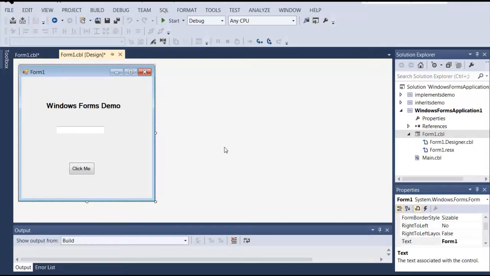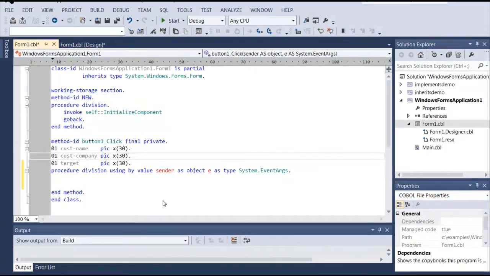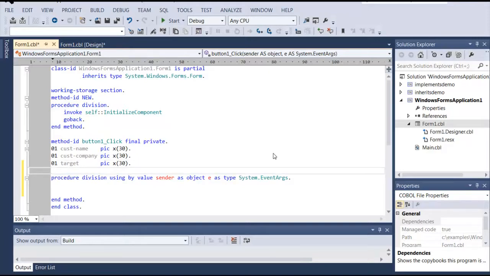Okay, so we have a managed .NET Windows Forms application. First thing we'll demonstrate is Intellisense. We'll go into our code behind class, and the button one click method. Intellisense helps us complete statements by showing us what classes and methods and properties are available to us as we type. So for instance, if we wanted to add a data item which is of a type binary reader, which is in the System.IO namespace, we can type in